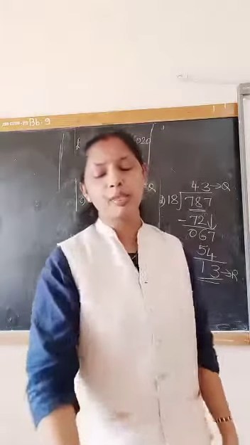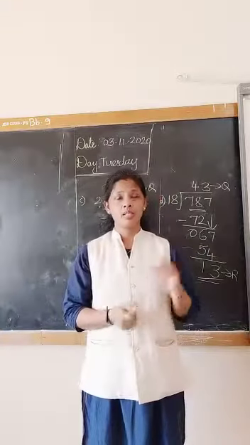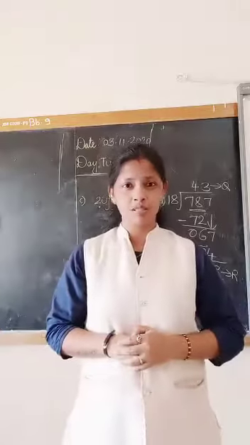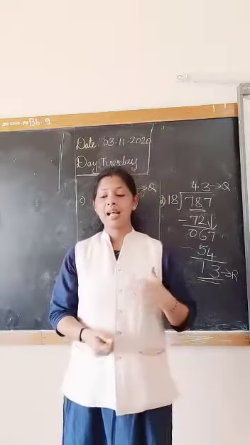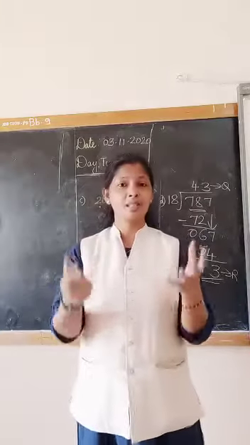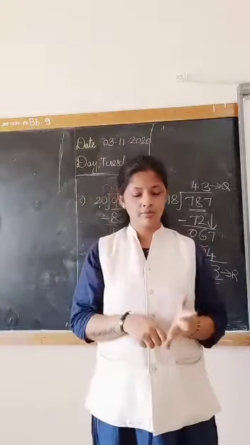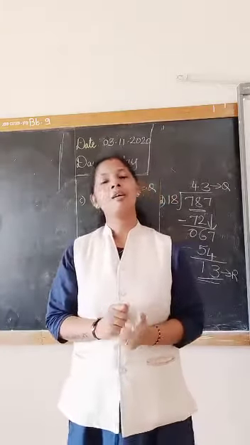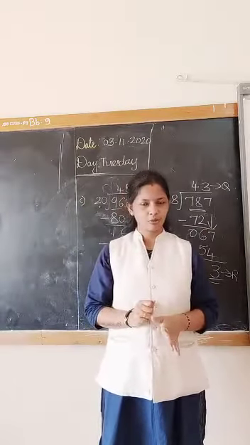So that's it about today's class. I hope the concept is clear. We have discussed the previous things you have learned, that is division, simple division, verification and the formula. And when there is a zero or when it is not possible to divide, we have to insert zero, that also we have revised. And then today we have learned division of a 3-digit number by a 2-digit number, and 4-digit is also the same. Regarding that, homework also will be given.